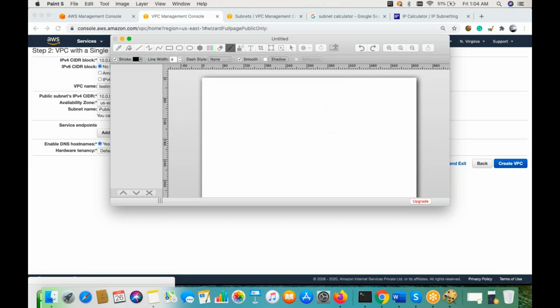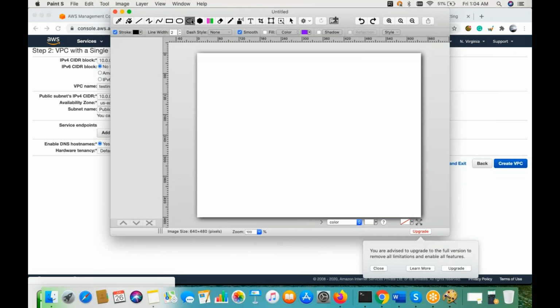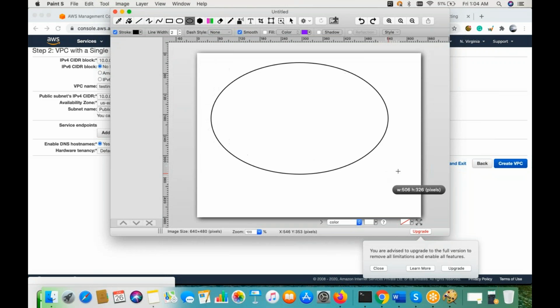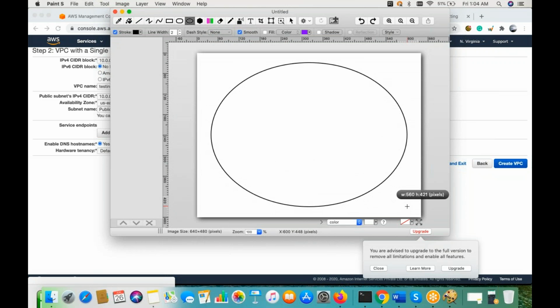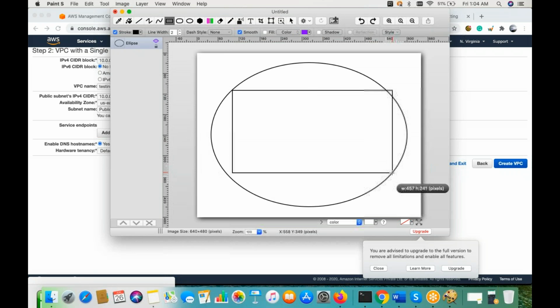Let's say this is your VPC, which is more private, where you don't have access to the internet. You can't access S3 over the internet from inside this. So you will create one endpoint with your S3 service. Let's say S3 is residing here, and you have already given connectivity between the VPC and S3.